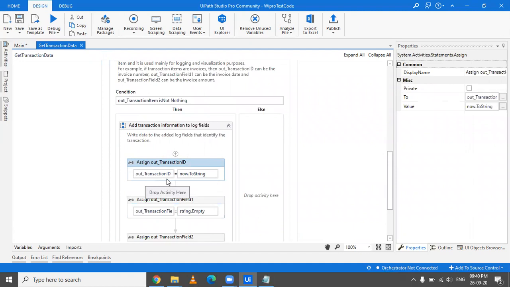So this particular thing you can treat as a timestamp, or with the help of this, if you're making a status file and you write this out transaction ID in the status file, then you'll be aware which particular item was executed at what time. So you would get the exact time. Okay, this particular thing was executed at 10 p.m. Okay, this particular record was executed at 12 p.m. and like that.